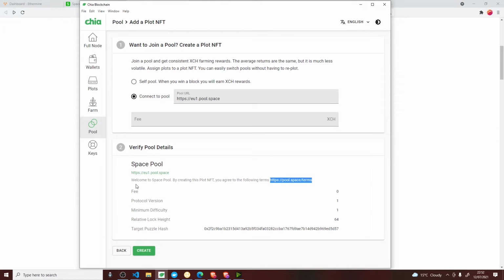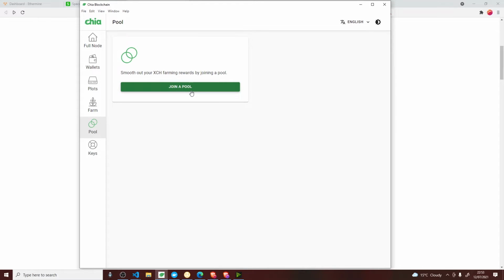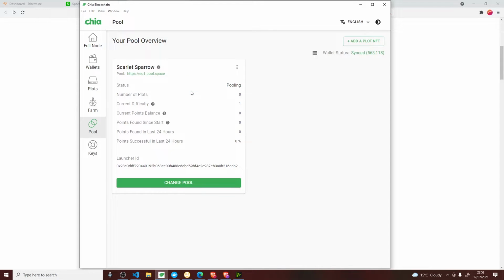And here we go, so let's click create. Creating plot NFT and joining the pool. Waiting for the transaction to be confirmed. And there you go, Scarlet Sparrow.